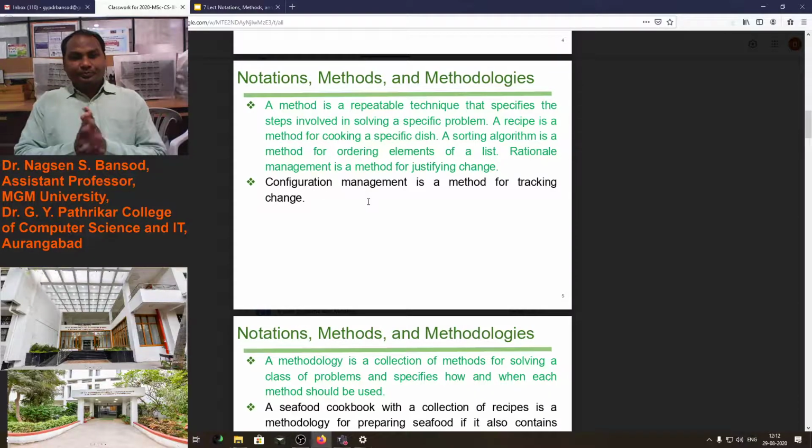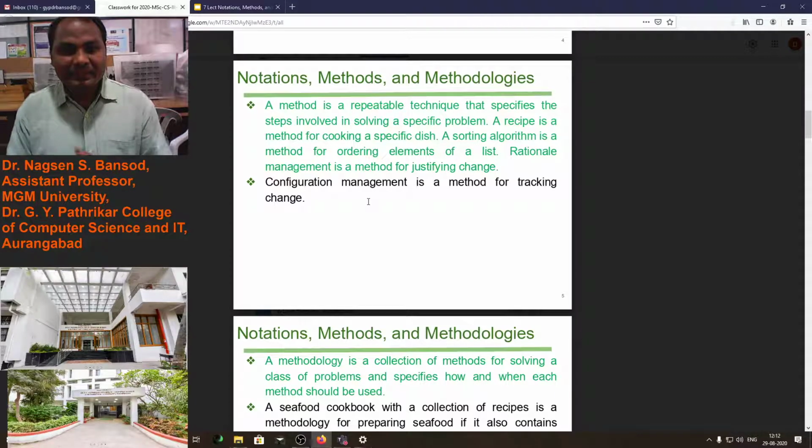Okay. A method is a repeatable technique that specifies the steps involved in solving a specific problem. A recipe is a method for cooking a specific dish. A sorting algorithm is a method for ordering elements of a list, and rationale management is a method for justifying change. Suppose we are using a single technique, then that is the method.